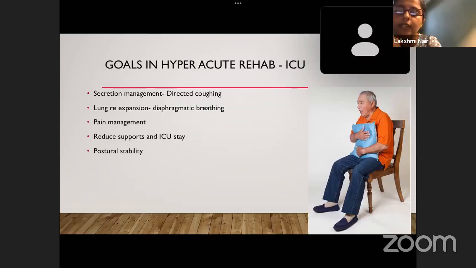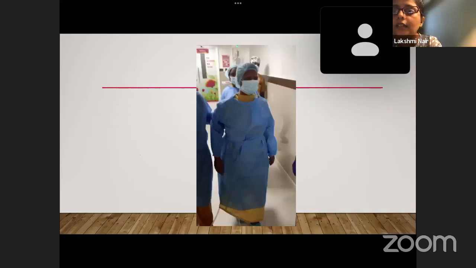And also sit to stand, try not to pull them up with the axilla. You can use the equipments you have, and by pulling, you are stretching the incision site and aggravating pain, and then they won't breathe enough if the pain is aggravated. So all this possibly, sit to stand will help to promote the quadriceps strength also. Some studies have shown that the quadriceps strength is one most decisive factor which decides the length of ICU stay. So if you can improve the quadriceps strength pre-operatively itself, that will reduce the ICU stay.